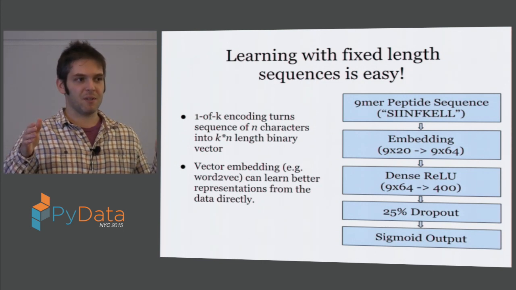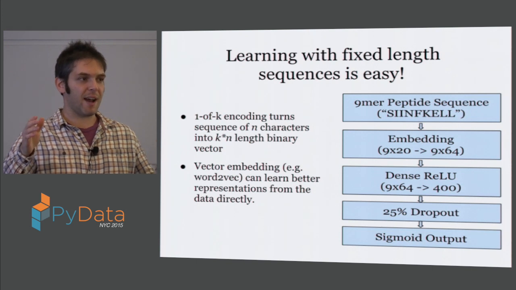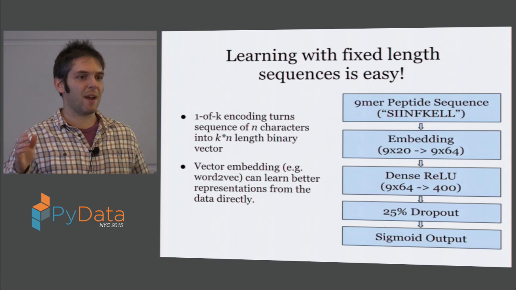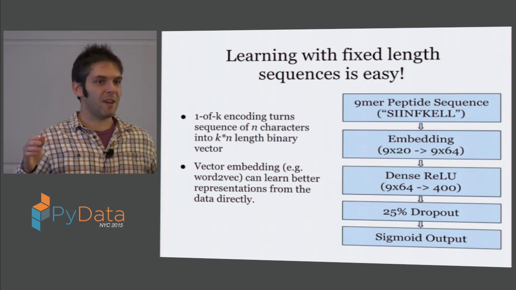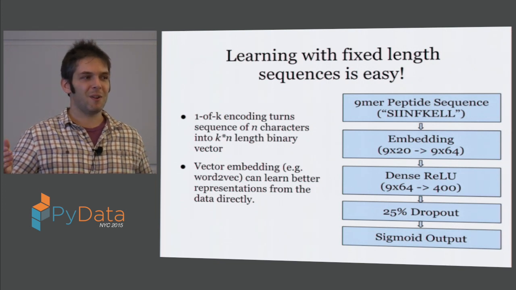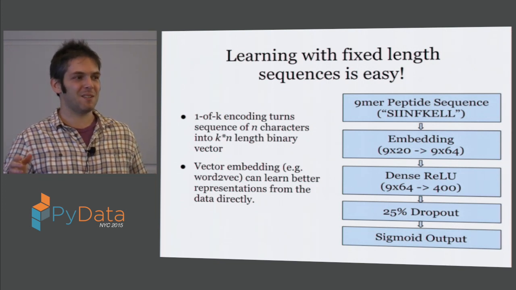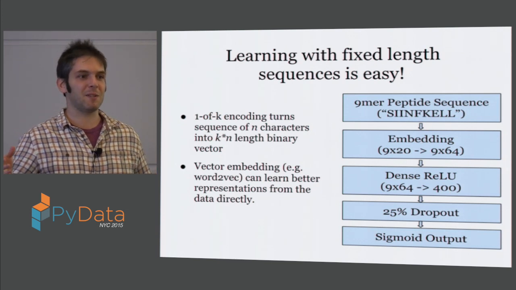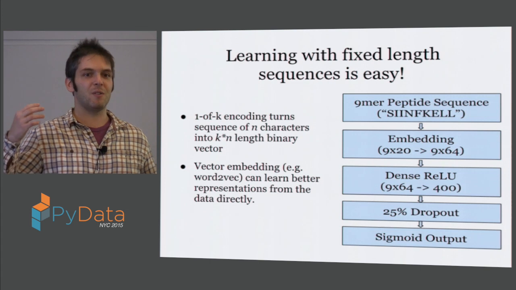They almost always want to stick to things that are 9 amino acids long, and sometimes 8 or 10, but it's very constrained. And so if you're working with sequences that actually don't vary much in length, they're almost always 9 characters long, then you're not really working with sequences. So very often you can get away with just transforming those into some vector space, and it becomes another generic